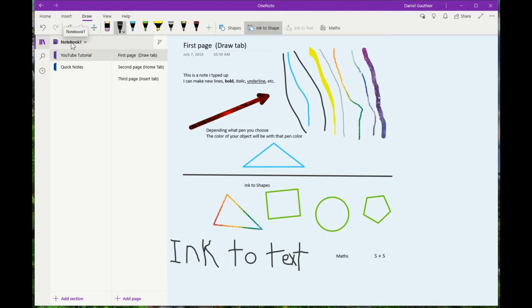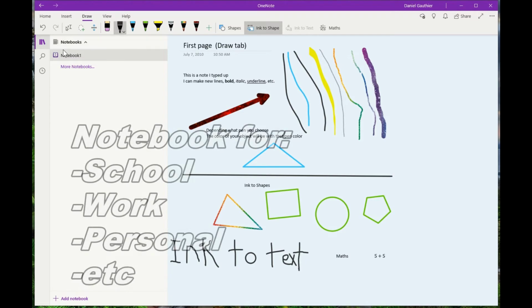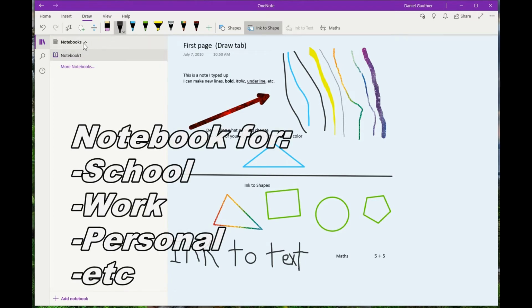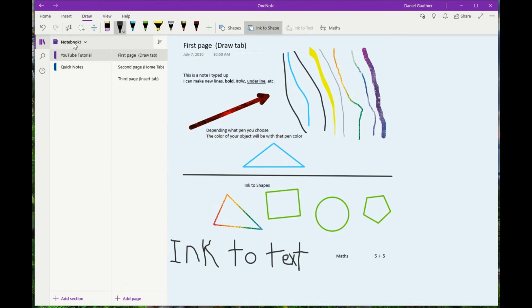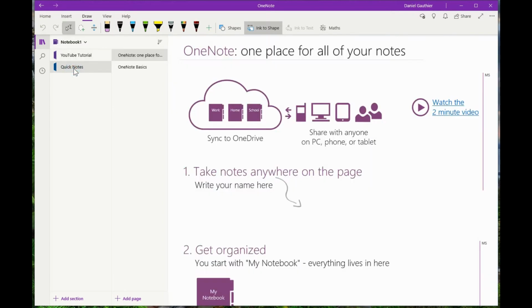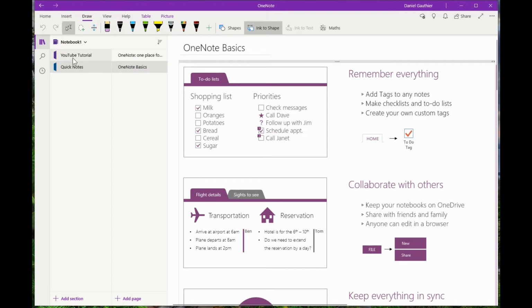First, you have a notebook. So you can choose various types of notebooks, and you can add additional notebooks if you want to, and categorize it for what the notebook is about. So within this notebook, you've got different sections, and with these here now, the first one is the quick notes, and they've got some information in here that you could read through, and some of the basics information.